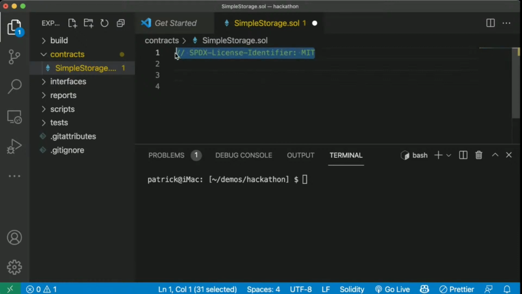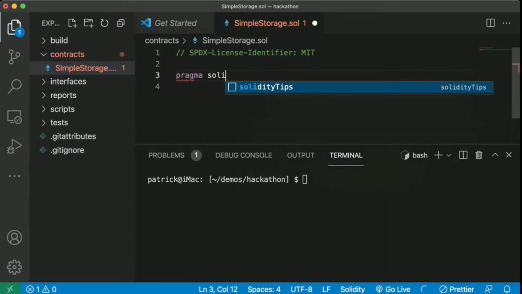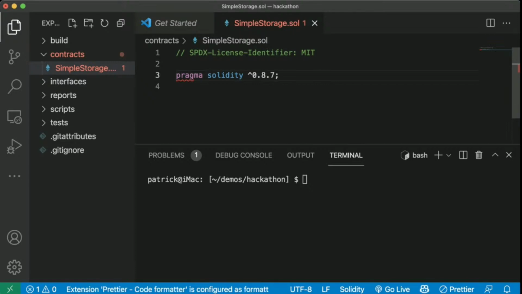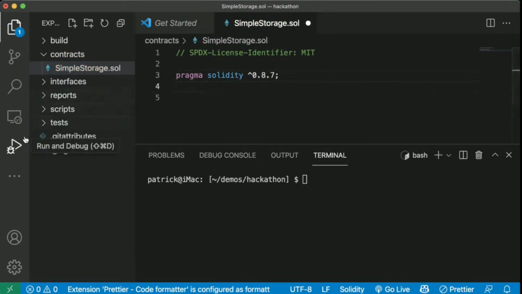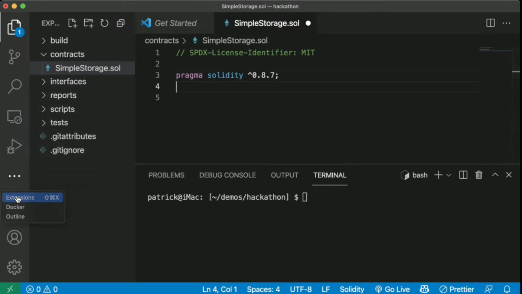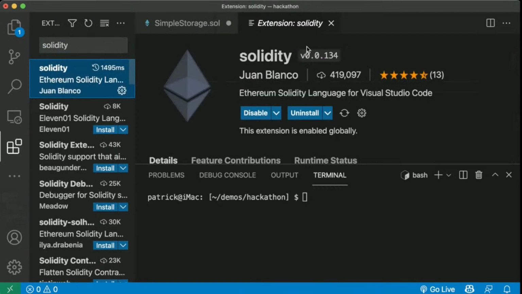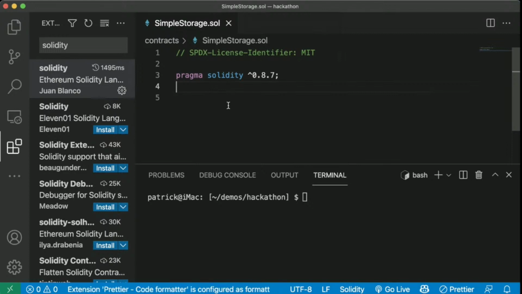This was introduced to help with the licensing of code, and it's really useful. Then we're going to choose our Solidity version, pragma solidity 0.8.7. And I also have a plugin, by the way, so you'll see the lines and stuff show up. If you go to extensions, I've got this Solidity extension here. This guy's done an awesome job making the Solidity extension. So I've enabled this, which is why you see the highlighting and everything in here.